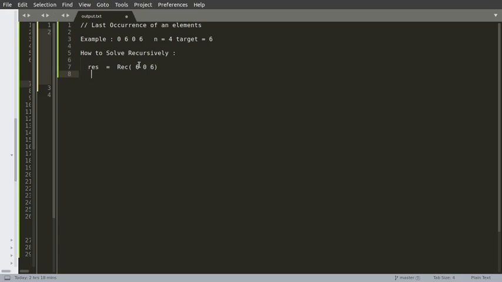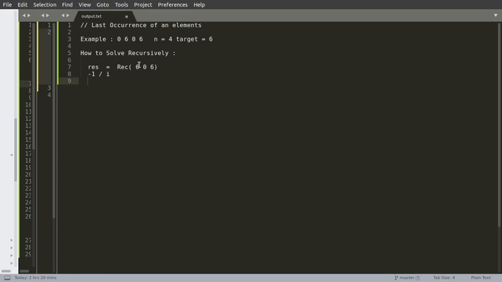So if I call the index I, it will return I. So there are two choices. Sorry, minus 1 if the element is not present. So in that case, if the recursion returns minus 1, then what we need to do here is check if the current element is our target element.